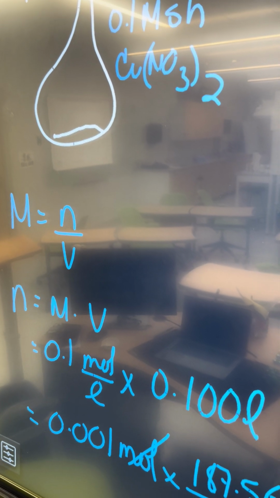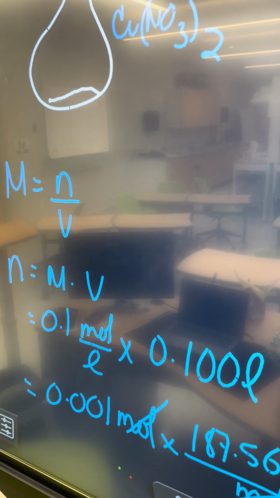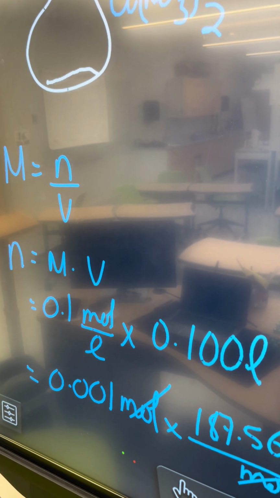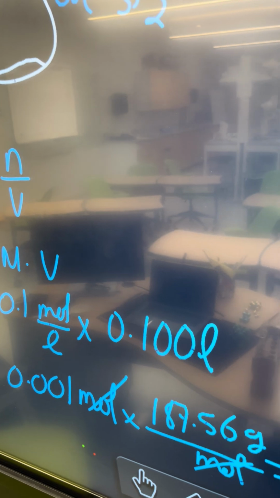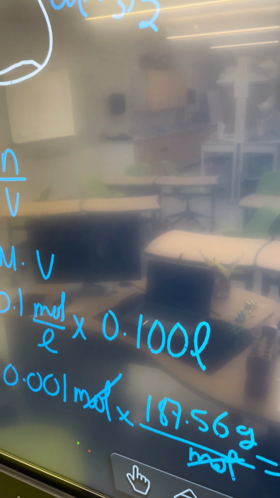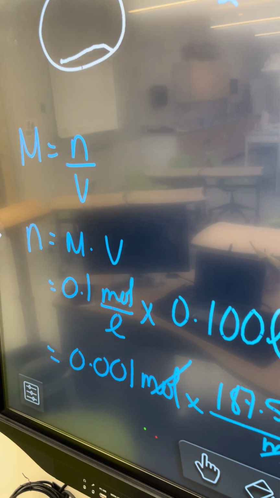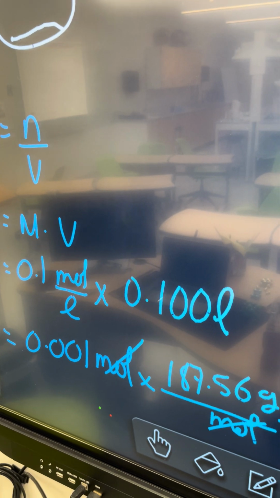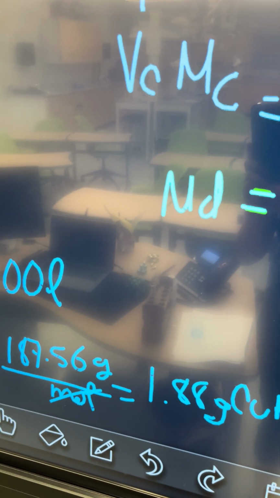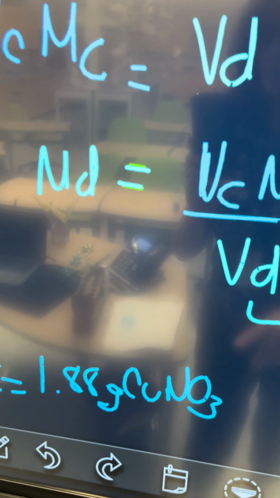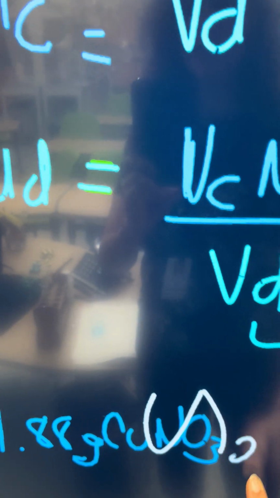would have been the molarity times the volume. The molarity I wanted was 0.1 moles per liter. The volume was 100 milliliters, so 0.1 liters. Once I find the number of moles, then I can use the molar mass to find the grams of copper nitrate that were needed